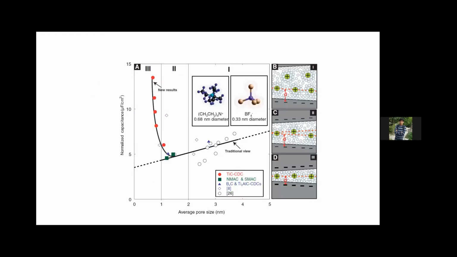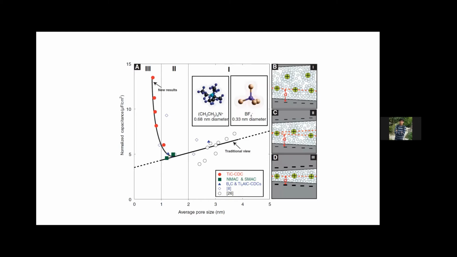And here is one more example of how the pore size acts. We can see that if the pore size is below 1 nanometer, the capacitance is low. But as we need a steady pore, generally the best supercapacitive performance is shown in the pore range between 2 to 4 nanometers.